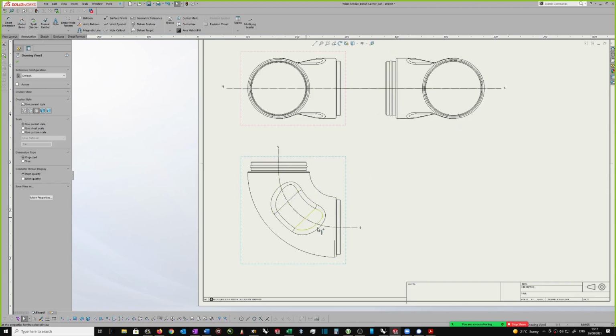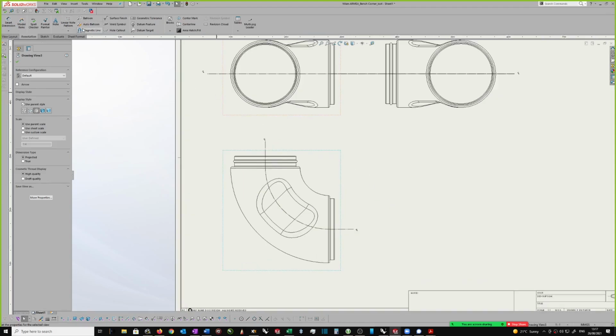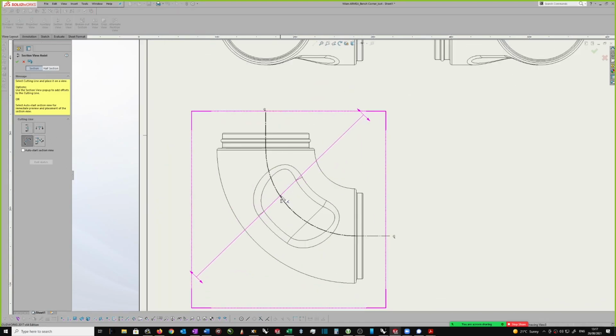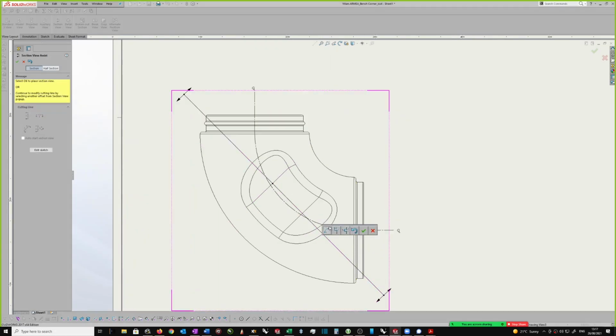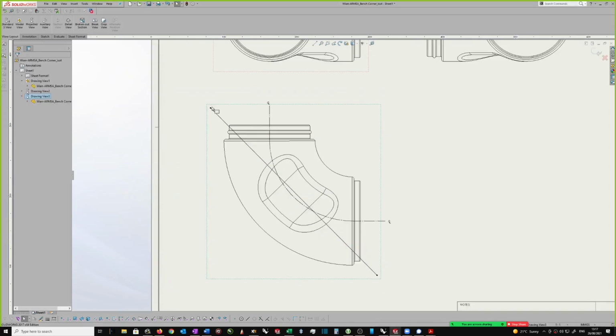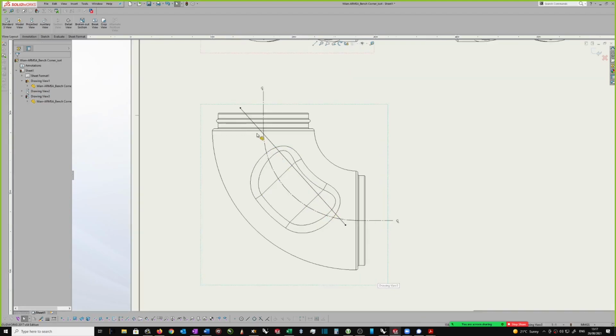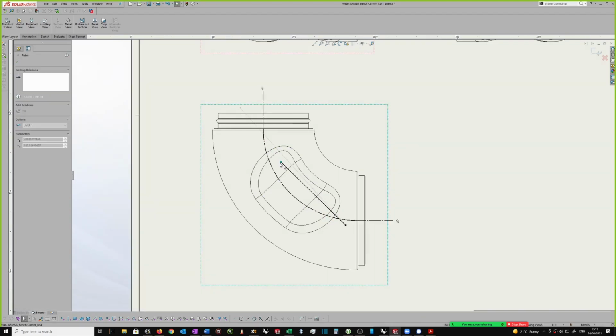So the section's going to have to come through here and through there. So you can go straight to section view, and you can try and use this shape here, this auxiliary one, and you can pick your line like this, right? And if it's not doing what you want, you can go to edit sketch. You can pull this across, but here we're facing a problem of now this line is not going to be perpendicular to